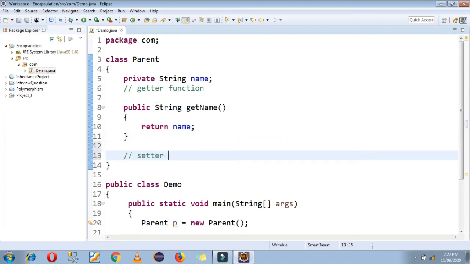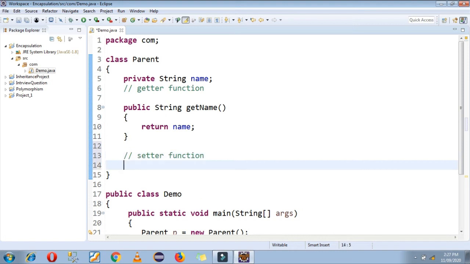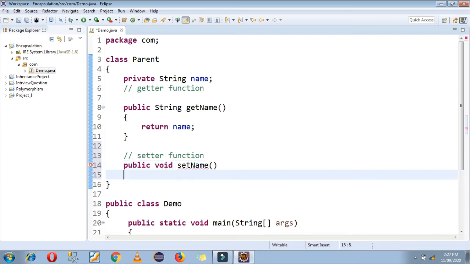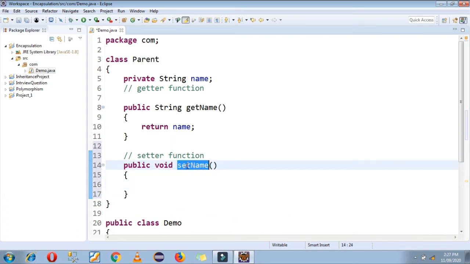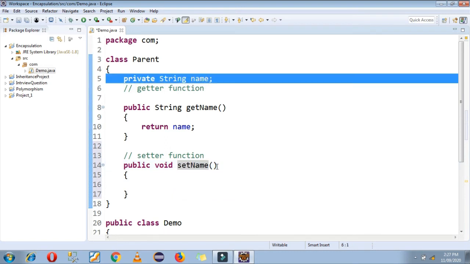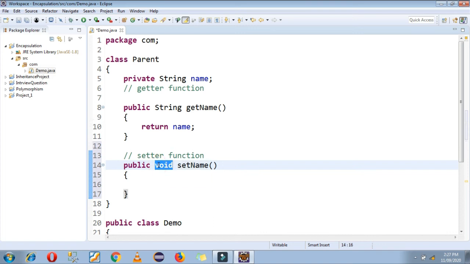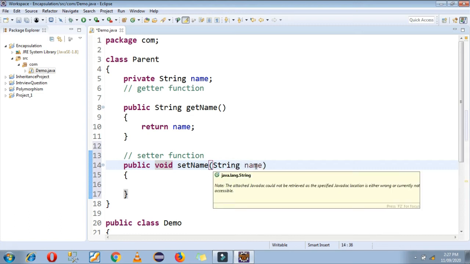Now another is my setter function. Here also I am providing the public access specifier, void setName. The purpose of a setter function is to set some value in your variable. That's why I am using the void data type here, not a String data type. And in this parenthesis I have to provide my String variable name.